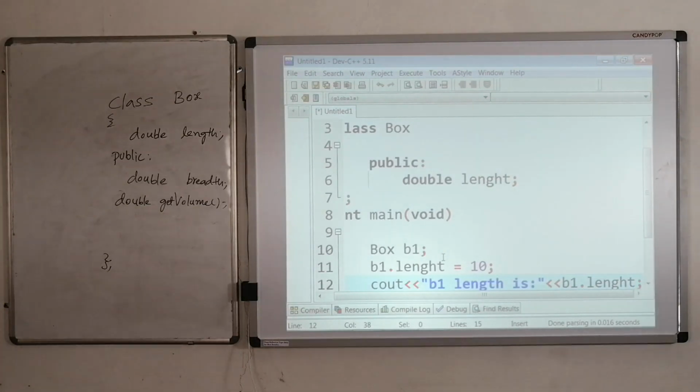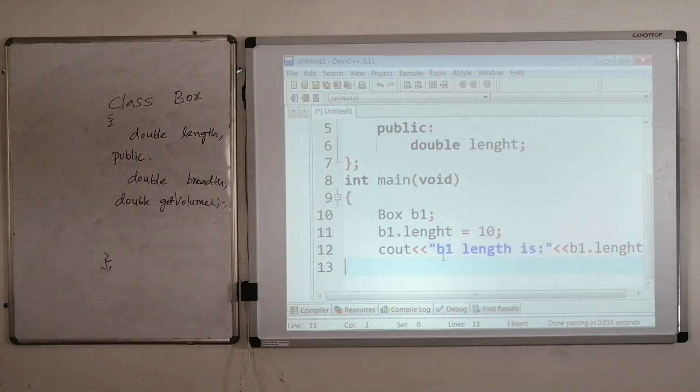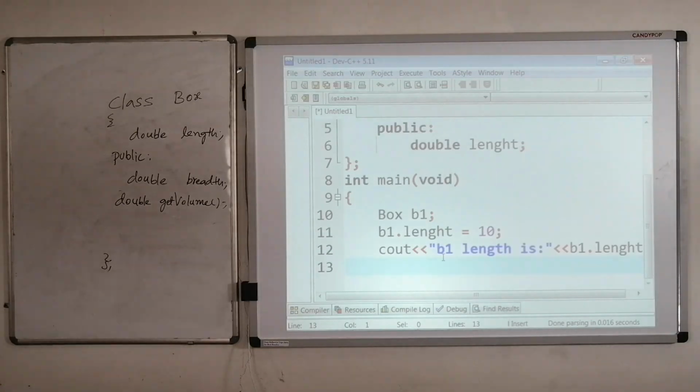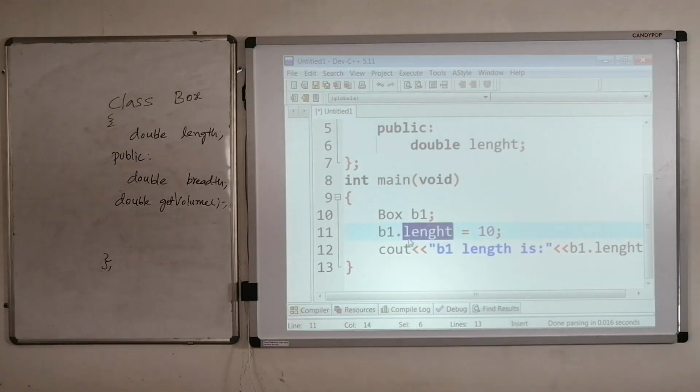Whatever data members we have used, we have initialized and we have printed the same thing on the output screen. As it is a public data member, length, we can access this length out of the class without any restriction. Simply we have to use the suitable object of that class.